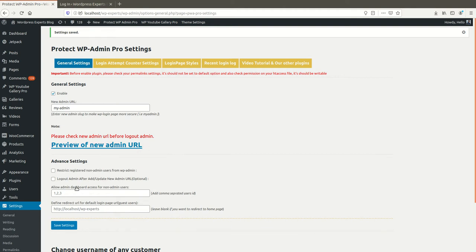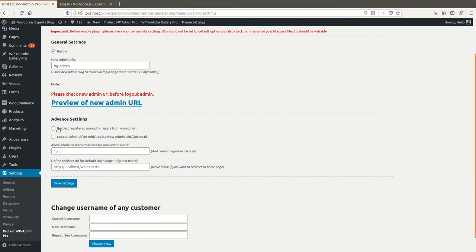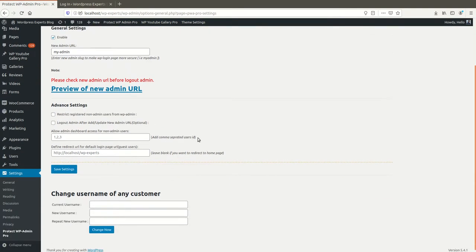These are the settings I have already explained. In the free version you can restrict non-admin users from accessing the WP admin dashboard. Logging out the admin after login is optional. If you want to log out the WordPress admin after updating the new admin URL, you can choose this option; otherwise you can leave it as it is.